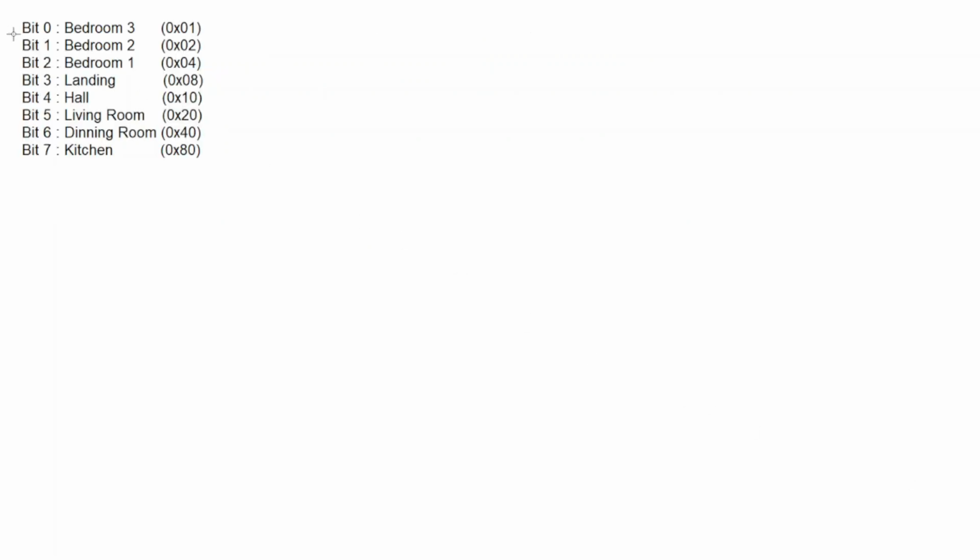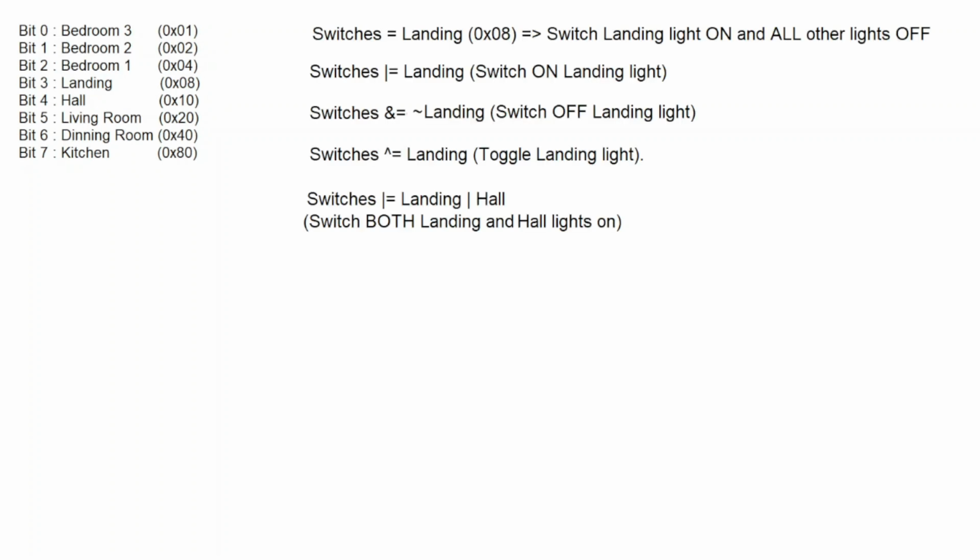And if you think about the bit positions that we had on our previous diagram here, bit 0 was bedroom 3, the least significant bit, that has a value of 1 in hexadecimal, all the way down through bits 1, 2, 3, 4, 5, 6, 7 for the hall, living room, dining room, kitchen, and their hexadecimal values for their bit position. So in real terms, in C programming, when we are using this kind of bitwise operation,